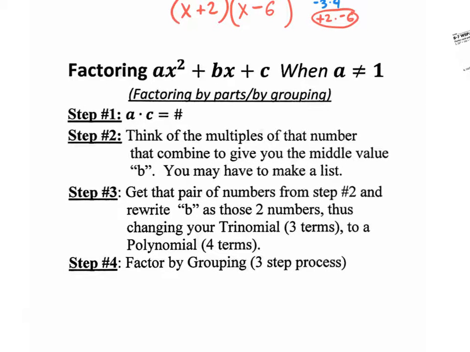Now we have this other longer, miserable, multi-step process of factoring by grouping, and that's only when your a value is not 1. If you have a 2 right here, you have to use this long process. If you have a 3, a 4, any number that's out here in the front, you have to use the longer process because, let's say for example, we had